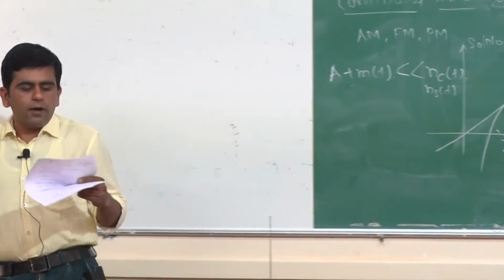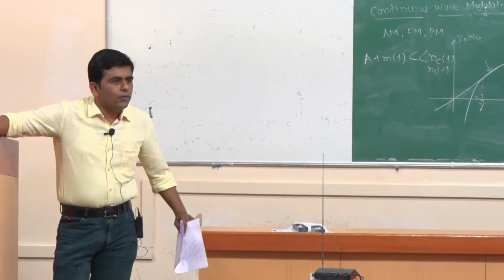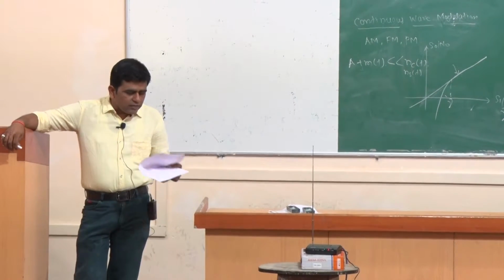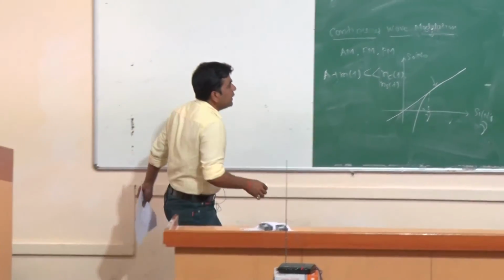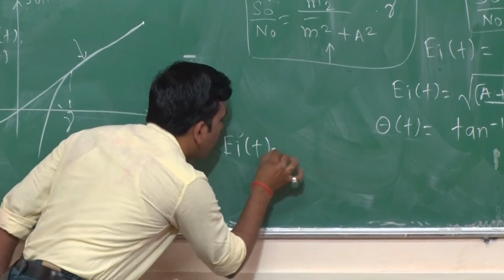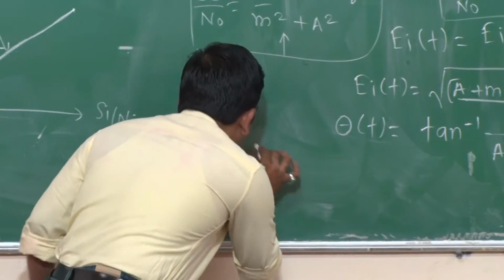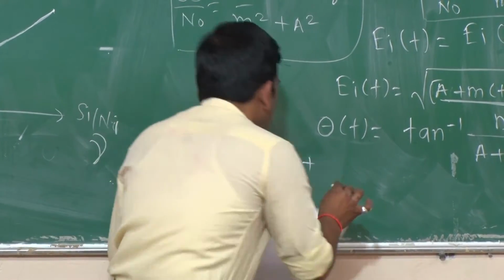So from this envelope we can't neglect this second quantity, that is nc of t. When we derive this equation we will get the final envelope for this large noise case, that is ei of t, that is equal to en of t plus